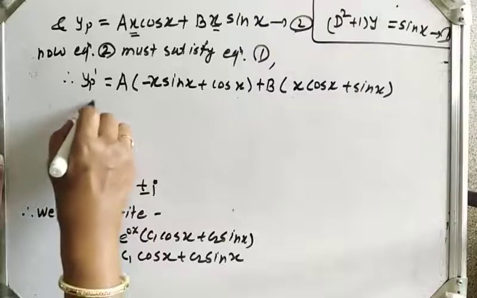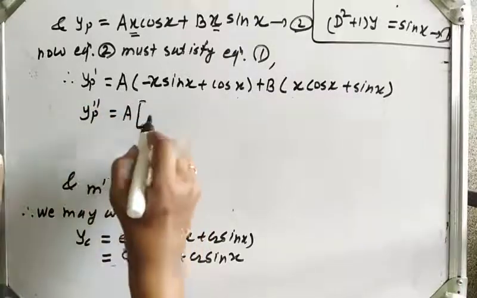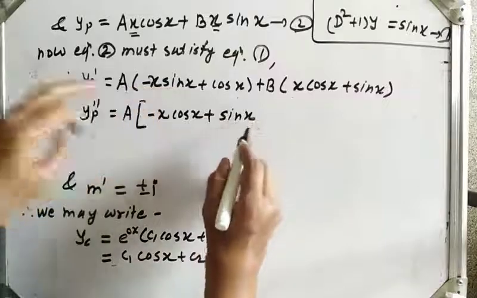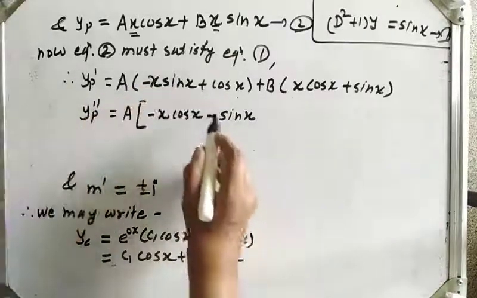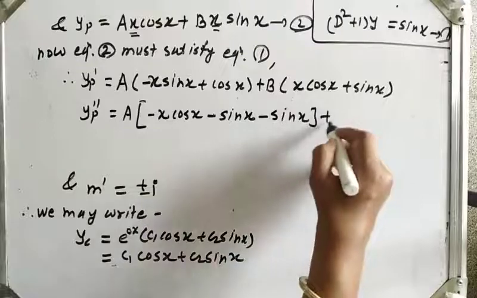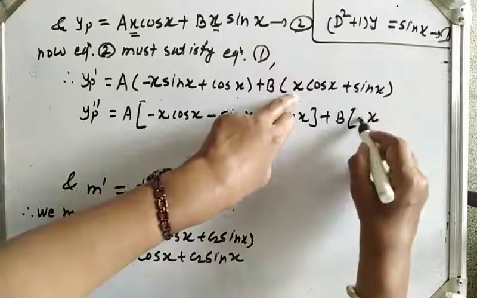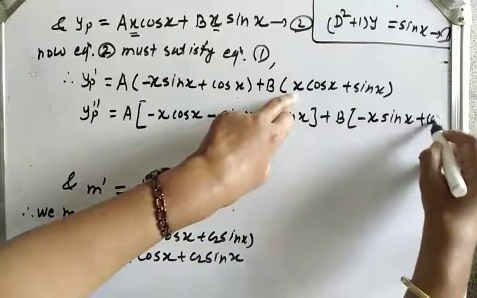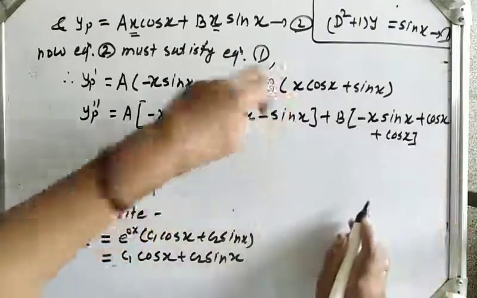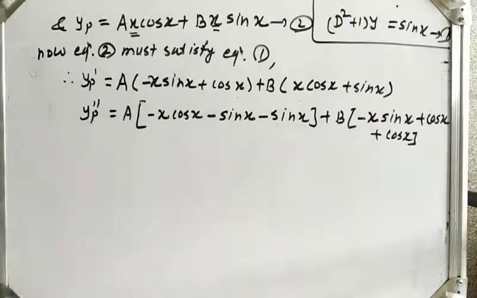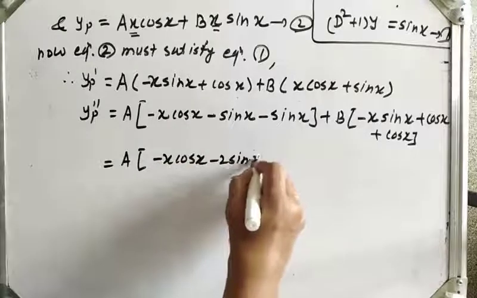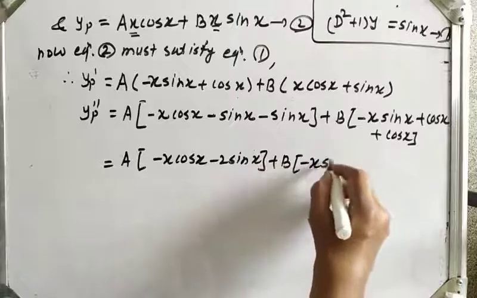Again yp double dash is equal to a, again x as it is, derivative of sin x is cos x, plus sin x as it is, derivative of minus x is minus 1, plus minus derivative of cos x is minus sin x, plus b x as it is, derivative of cos x is minus sin x, plus cos x as it is, derivative of x is 1, plus derivative of sin x is cos x,